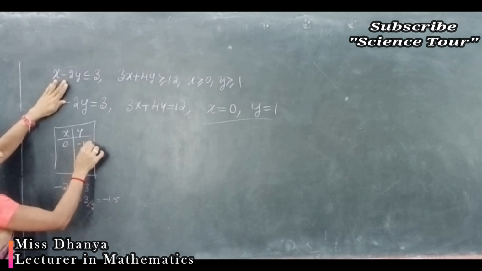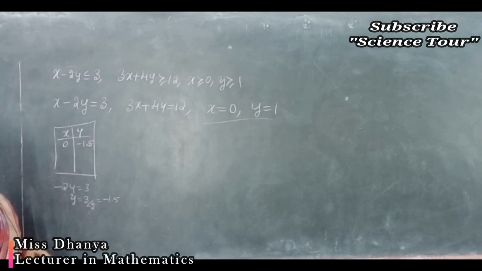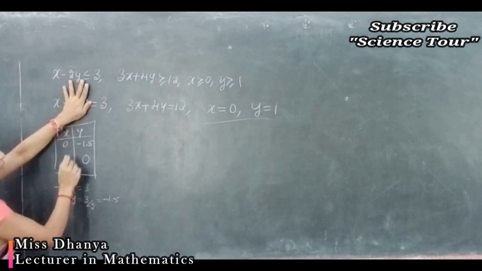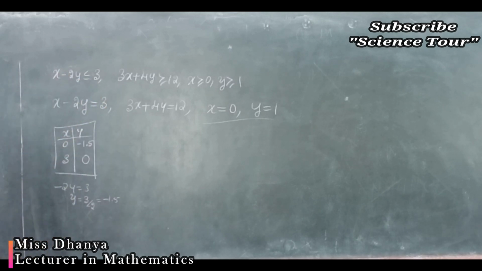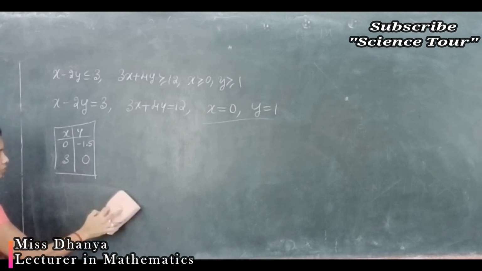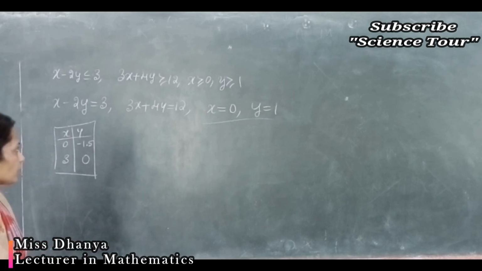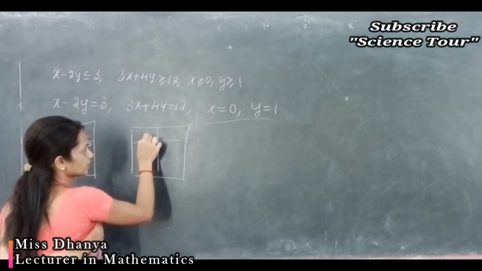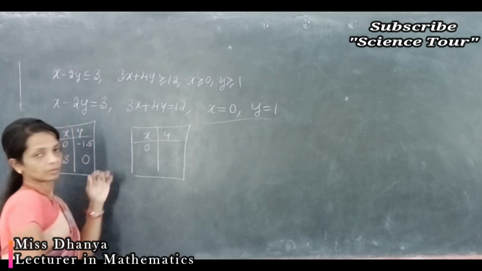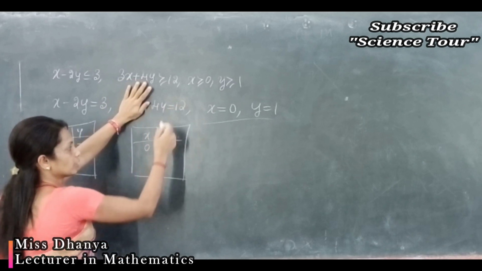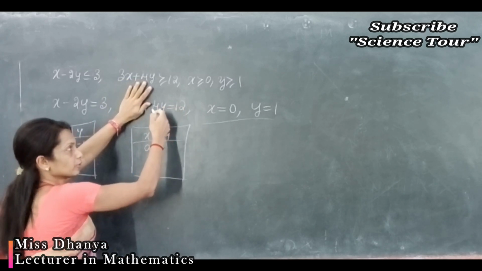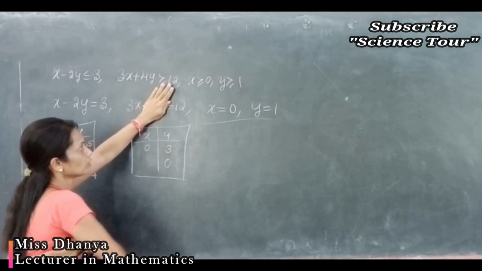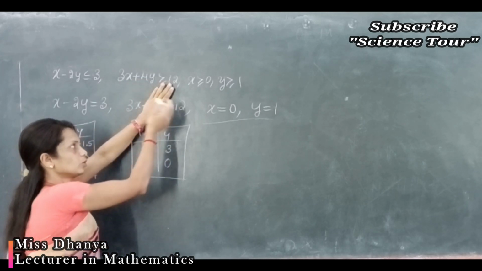So here the y coordinate value is minus 1.5. Then when y is equal to 0, you will get x equal to 3. Okay, first line 2 points we obtain. Then for the second line, get 2 points by taking x equal to 0. What y value do you get? 4y is equal to 12, that gives you y is equal to 12 by 4, that is 3. When y is equal to 0, you will get 3x is equal to 12, x equal to 12 by 3,